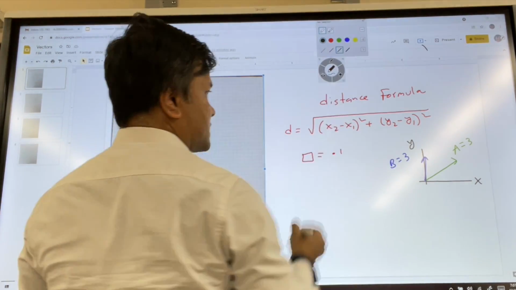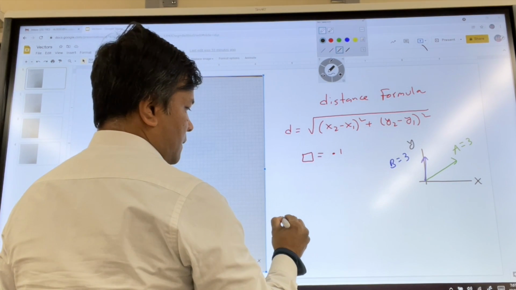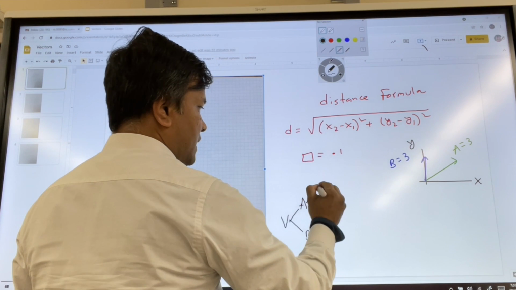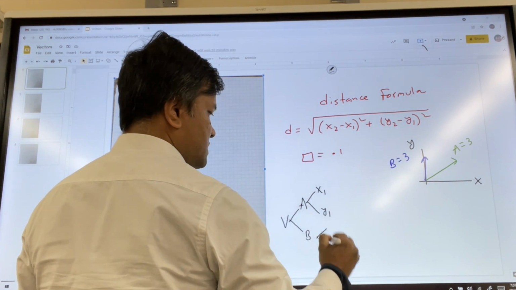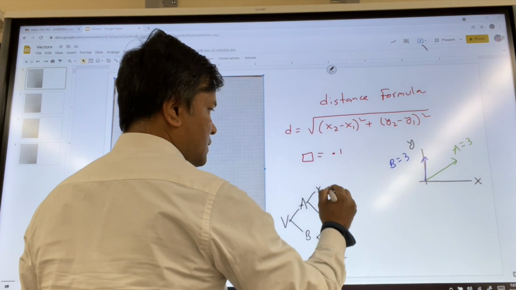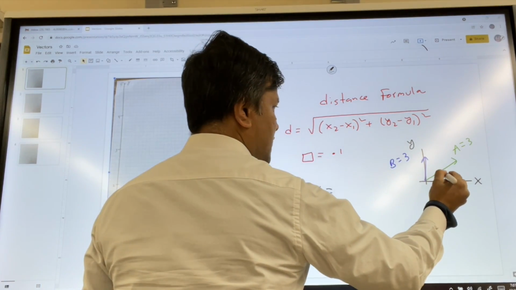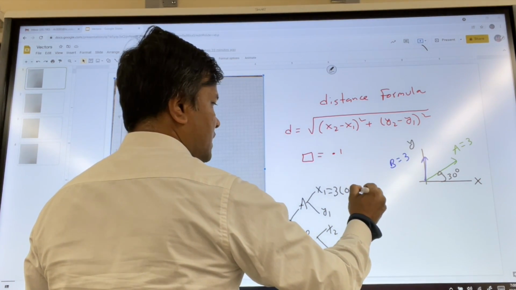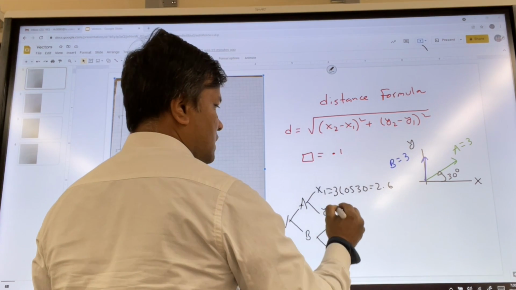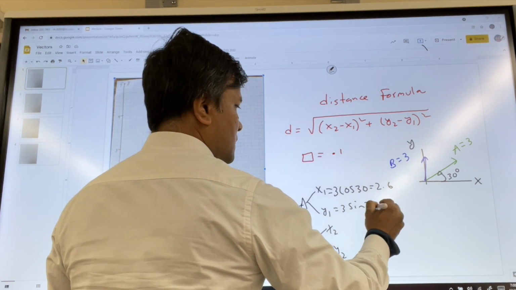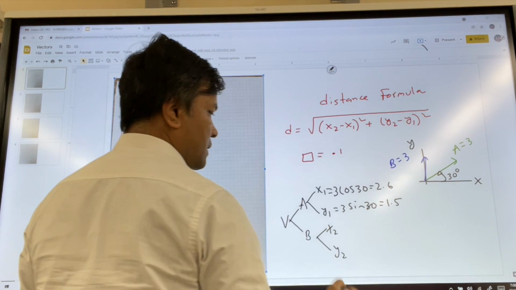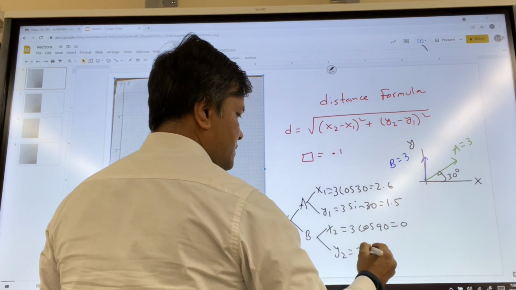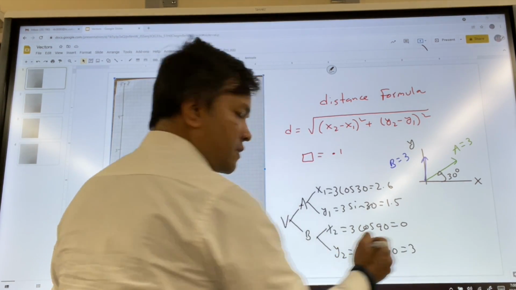So how can I get it? Quickly, I'll show you. I have vector a and vector b. A has x1, y1 and b has x2, y2. x1, y1, this is 30 degrees, if you still remember. So 3 cosine 30 would be 2.6. 3 sine 30 would be 1.5. 3 cosine 90 would be 0. 3 sine 90 would be 3. Okay,